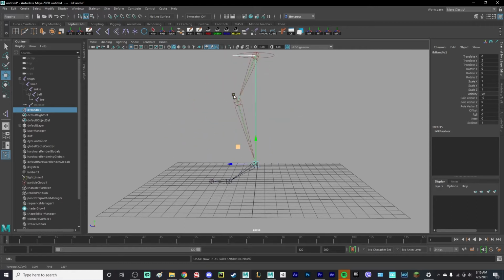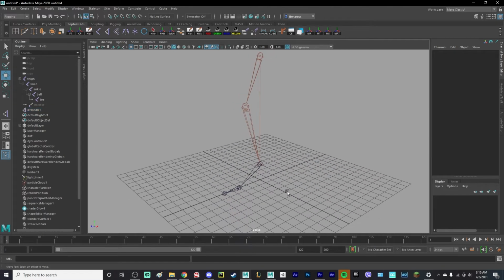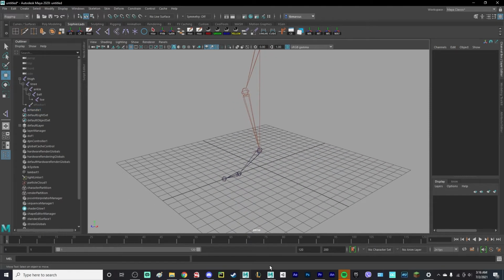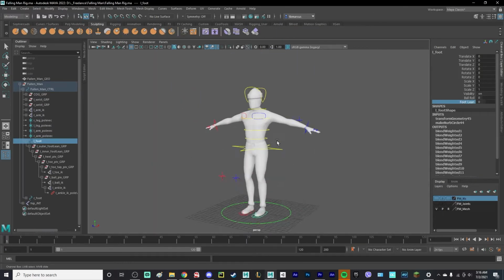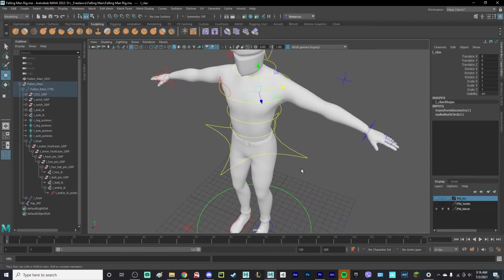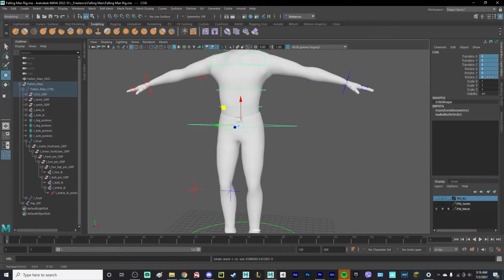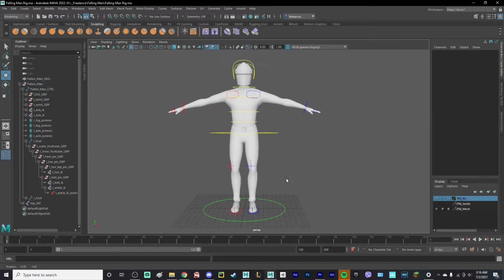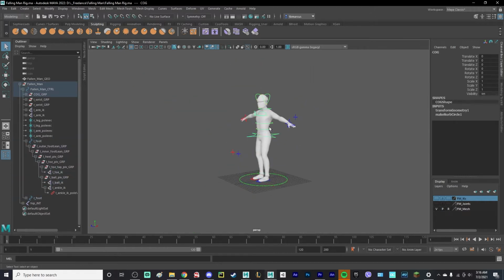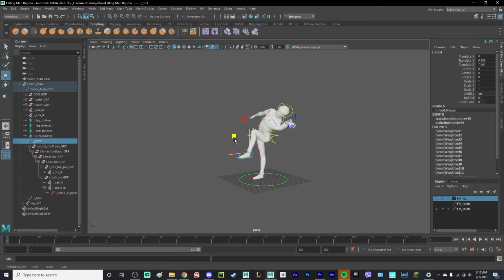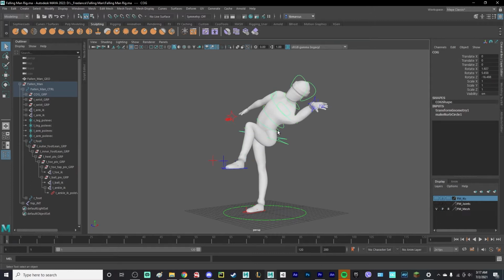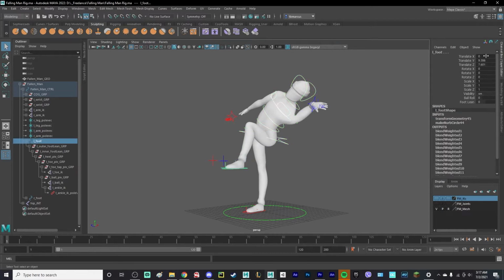Technically you can animate that way, but we're going to do it the proper way, and we're going to make this better. So we want to create a foot control. So what is a foot control, right? You can see here on this character, the character has these things called controls. This allows us to animate them while keeping all of the values at a default state. Why is this important? Say if I were to take a ton of these controls and just mess around with them, really screw this character up, right? We could take all of the ones we affected, scroll all the way down here and hit 0, and boom,